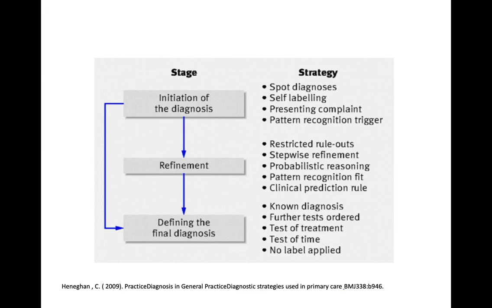So that's kind of what I'm trying to get at when I say probabilistic reasoning. What is the probability of this being the diagnosis? The pattern recognition fits. And that's important because remember that in that initial early diagnosis, in that history and physical phase, in that HPI specifically, you're looking for patterns. And then when you get to the refinement, you say, wow, the clinical pattern or the associated findings fit with what this diagnosis is that I'm thinking about. And then you need to define that final diagnosis.